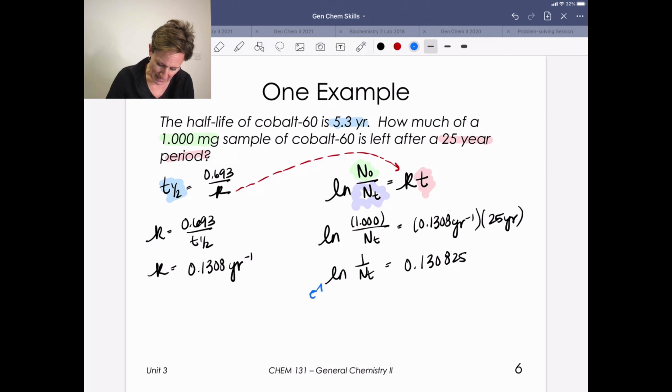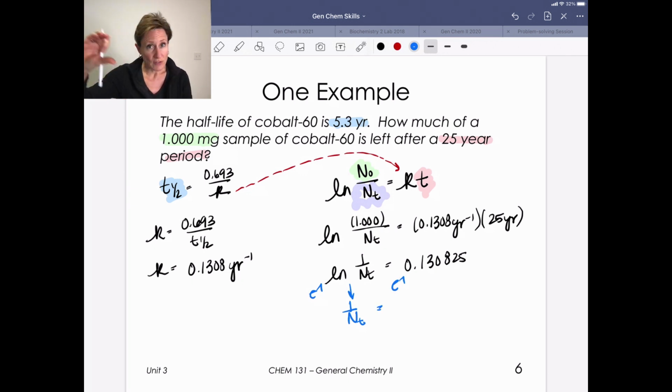So remember, if we take e to the both sides, that's going to allow us to get whatever was the ln of that. So we're going to get 1 over n sub t. And then when we take e to whatever that number is,